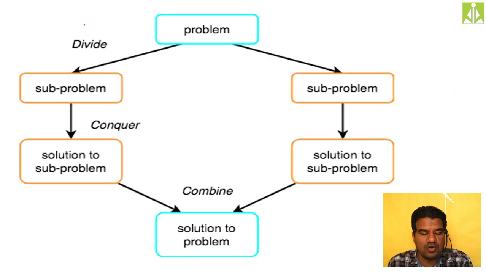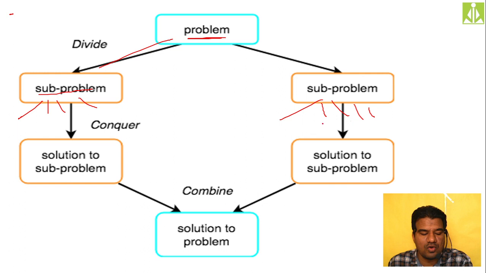So here you can see that we have the problem, and we are subdividing that problem. The big problem we have is nothing but the unsorted list. What is our big problem over here? Unsorted list is the big problem. So divide that big problem into sub problems. Further these sub problems will be divided. Further these sub problems will be divided.